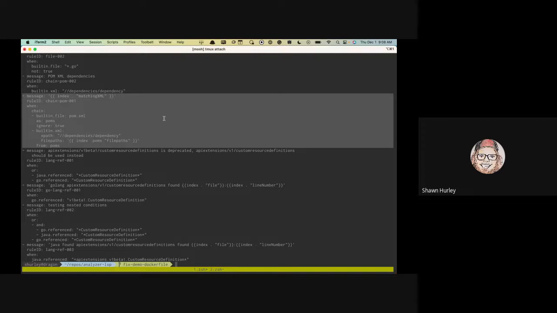We're using Go templating to add those things, and the two clauses that are really important are as and from. As tells you what to name this thing so that the next condition can use it. In this case, you can see builtin.file as poms, and then down in the XML condition we're using poms and then filepaths to pull out all of the file paths.